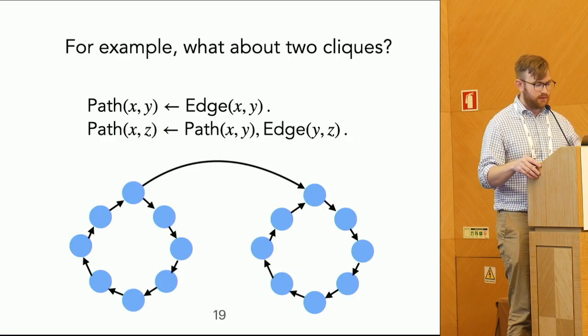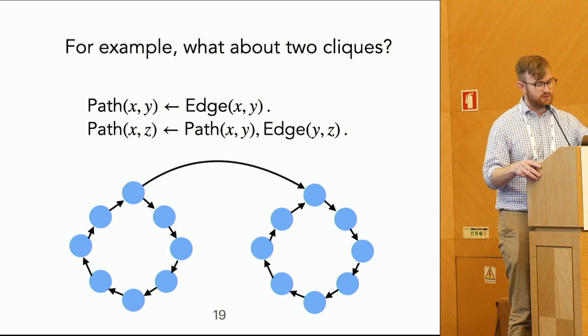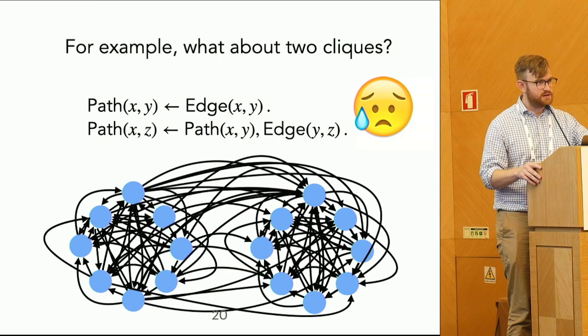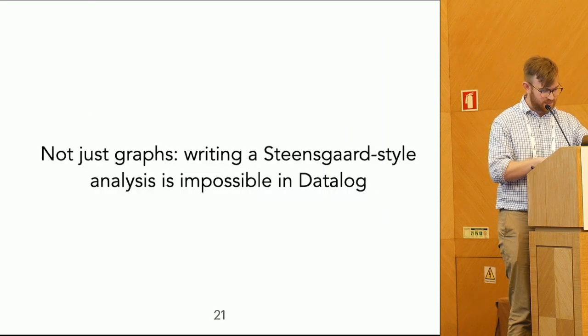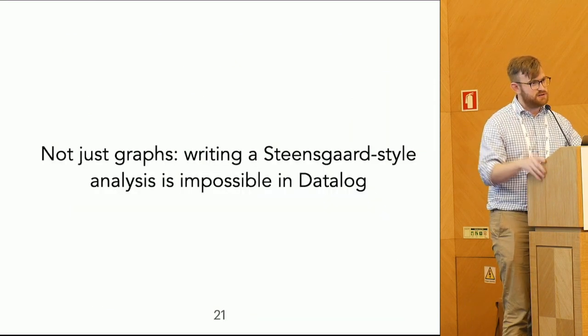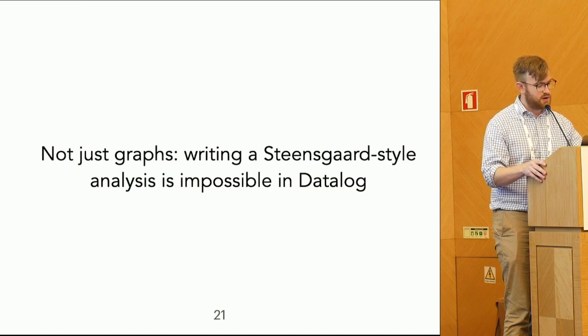So for example, let's think about 2-clicks and this transitive closure case. Well, unfortunately, we end up with something like this. And so, if this is not what you want, maybe not so good. But it's not just these graph operations. A similar extension of the little picture I just showed shows us why we can't do Steensgaard-style analyses in Datalog